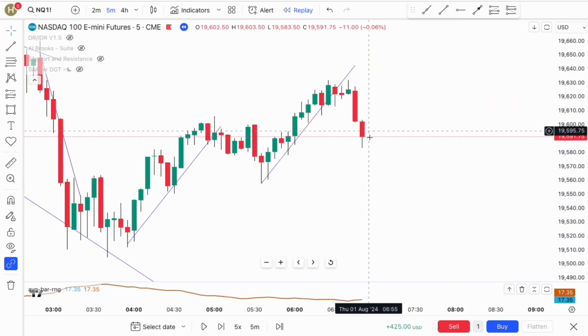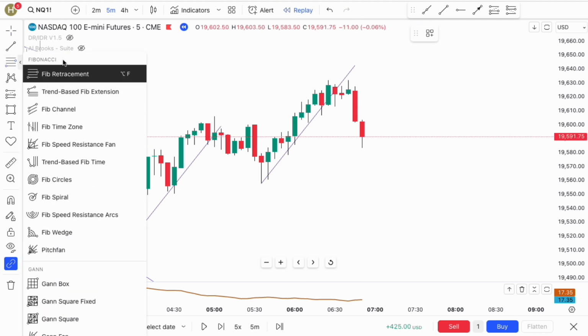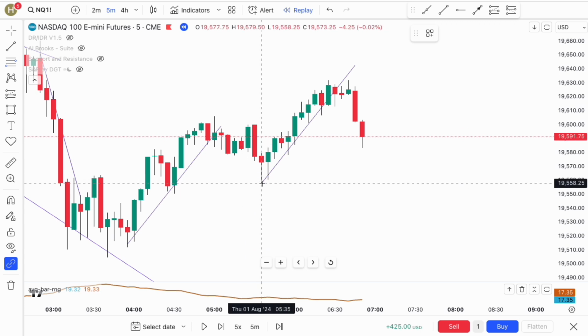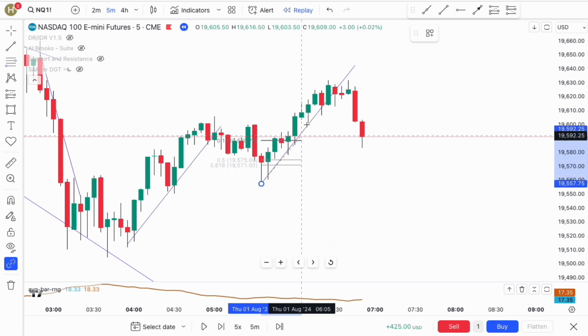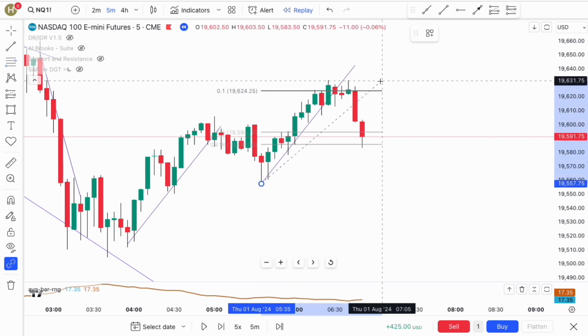That one came down, but then it couldn't close that far down. So it closed right here. So we probably went, let's measure this. I'm sorry, I'm being slow today. I'm just kind of trying to be methodical. Okay, so if I go from the very bottom of that trend to the very top of where we reached